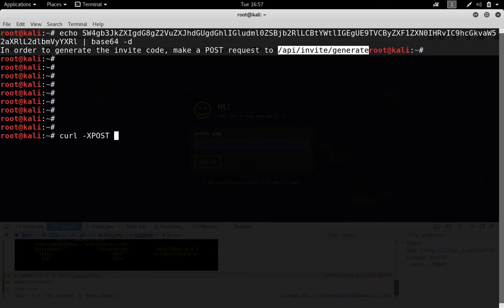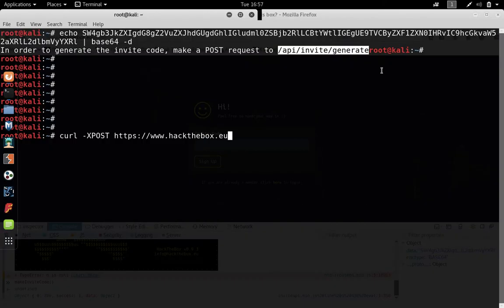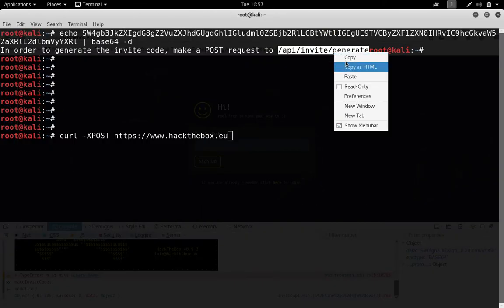So that is why I have used POST. I'm going to send a request to the respective Hack The Box server, and the value that I decoded.